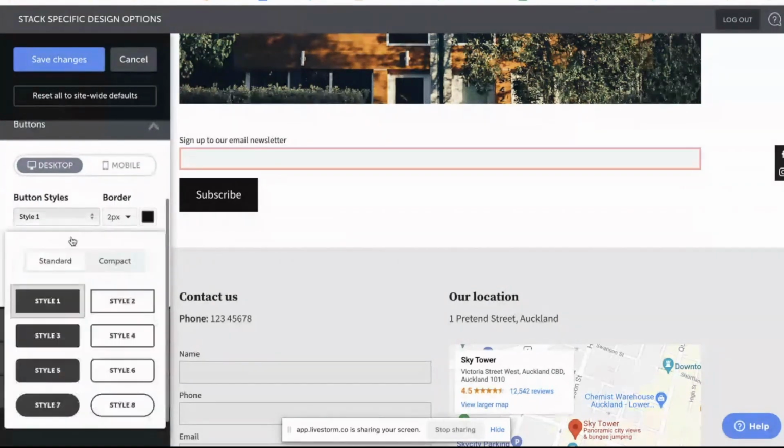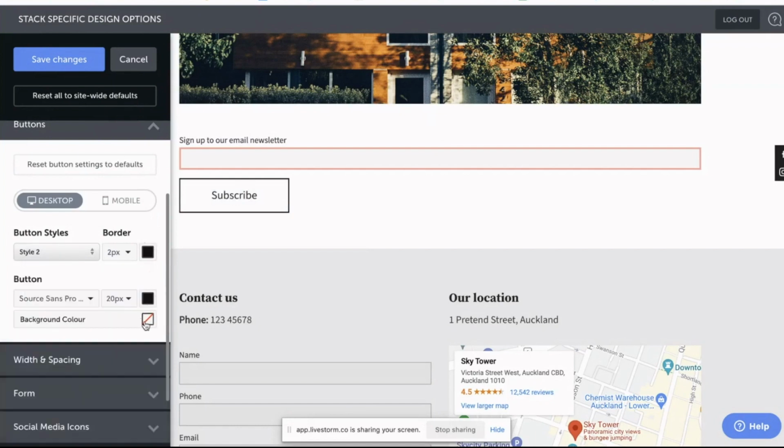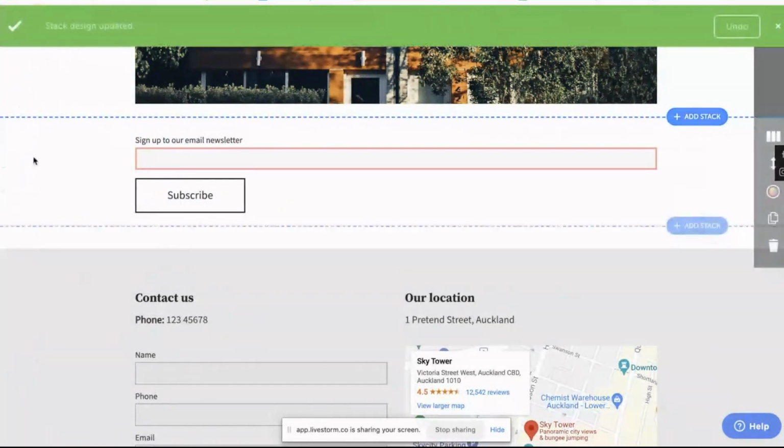At the moment, I'm using style 1. These are block colors that we're using, but on this side as well, you've got all of your colors, and you can have a transparent background, which is quite handy. So I'm going to change it over to a nice style 2, which should have the transparent background. Yep, no background color. And we can save that.